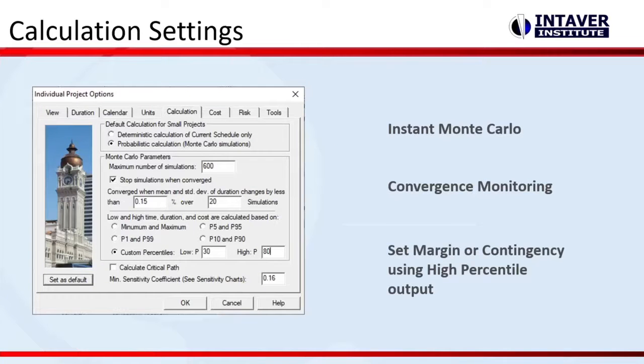So then we'll look at calculation settings, and we'll show this in the demo quickly. We have something called instant Monte Carlo. This allows you to run instant simulations when you make changes to your model. So if I have a small schedule that's only a couple hundred activities and not a lot of risk in it, I'll